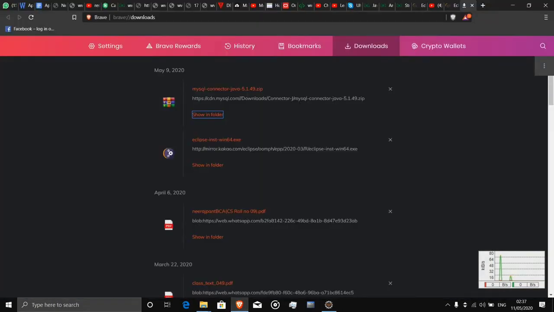First we have to download another file, whose name is MySQL Connector Java. What is this file? This is a file like a driver which allows us to connect to a database using Java. So we simply download this.